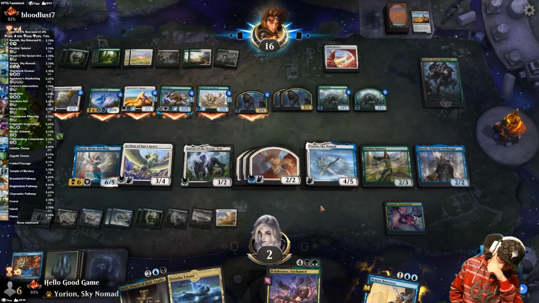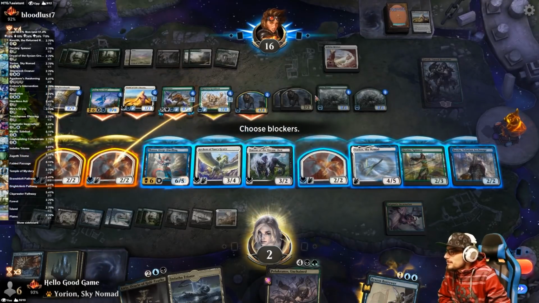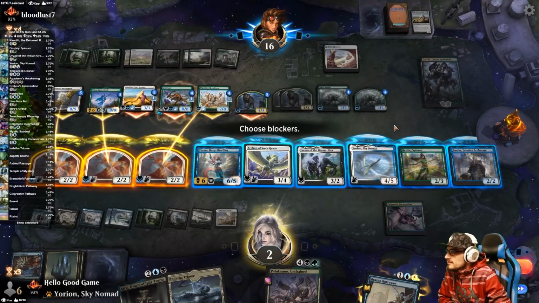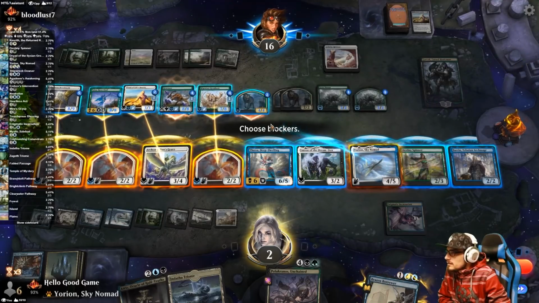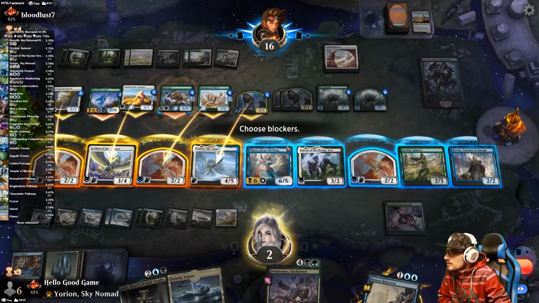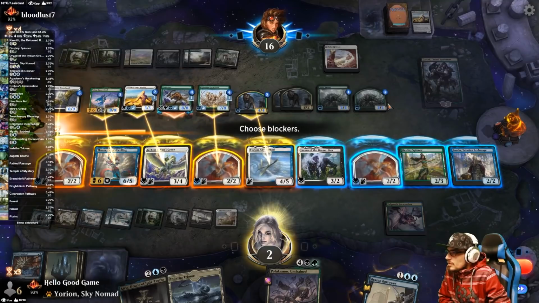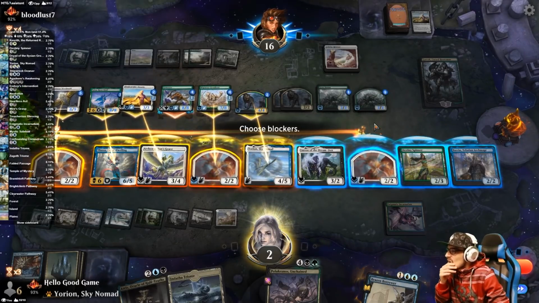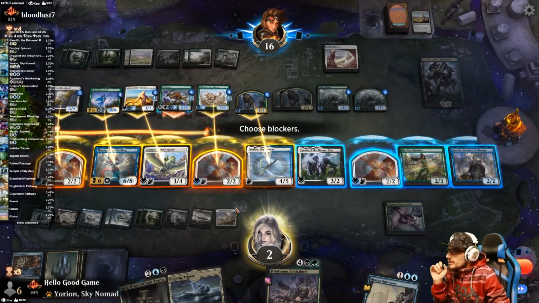If we can survive and start bouncing our Yorion every turn. Right? No trample. No trample. No trample. Take the kill, no life gain, because they'll sack it. Take the kill. Oh, we have this. Right? What if I just killed this thing? We have 6. We'd be gaining... We're taking 8 damage, and we'd gain 1, 2, 3, 4...